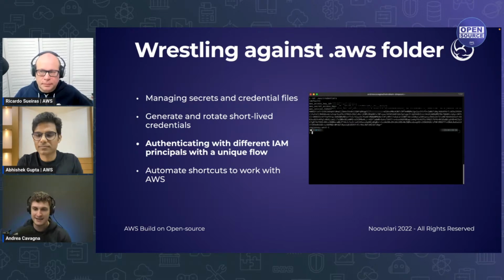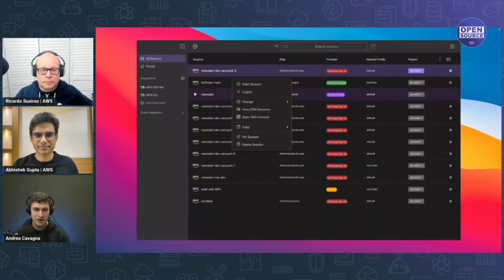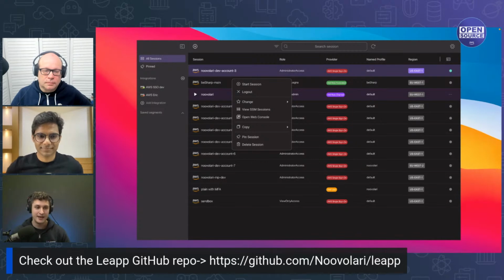On the other side, as a developer, I want to automate everything to the cloud. So we created this small tool that has become Leapp, which is the first desktop app that allows you to access AWS in a single click, both programmatically and via console. So it's your companion to the cloud, and it's been developed with a security first approach.